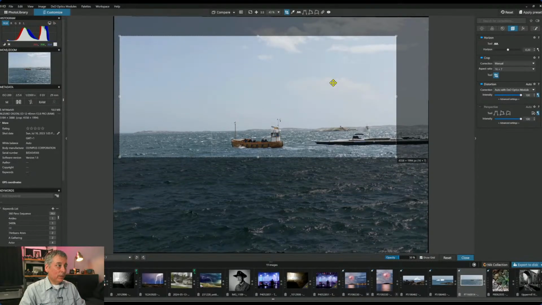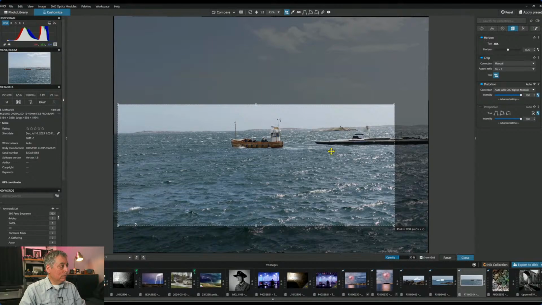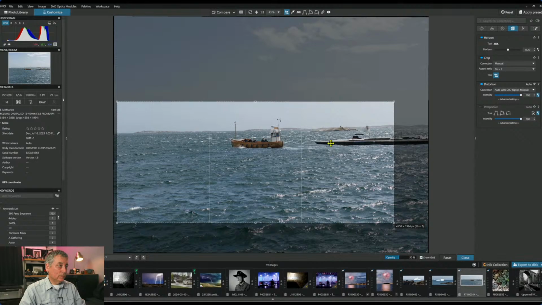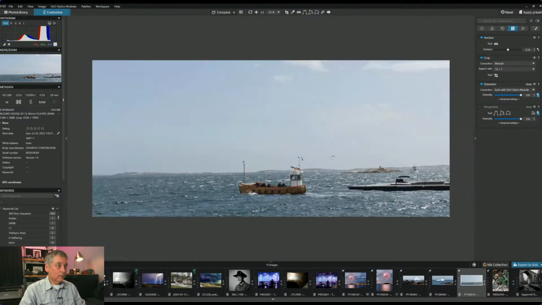Do I put this at the bottom? I think I'll go this way, because the water's so choppy, I didn't want to just cut your eyes out with the water. So